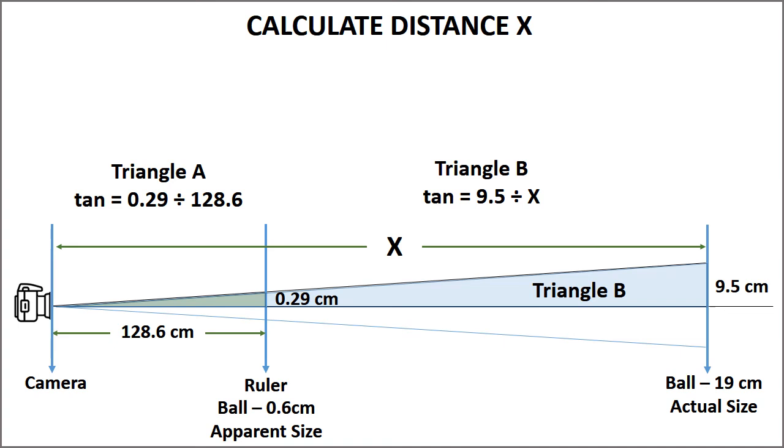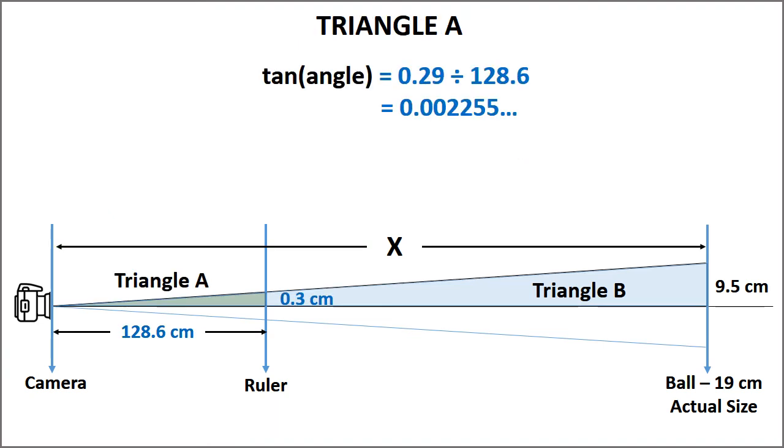Now I have two triangles, triangle A over here, and the tangent is equal to 0.29 divided by 128.6, and I have the larger triangle here, the tangent is equal to 9.5 divided by x, which is our unknown distance. And of course these share the same angle, so the tangent is the same for both of them. First I calculate the tangent of triangle A. And since I know that triangle B has the same tangent, I know that 9.5 divided by x is equal